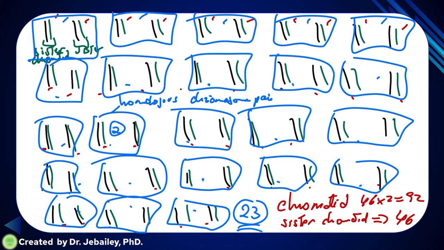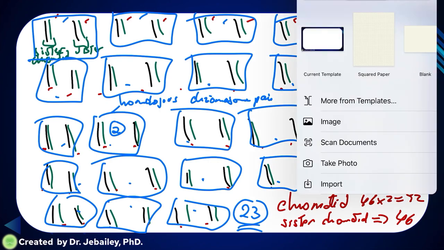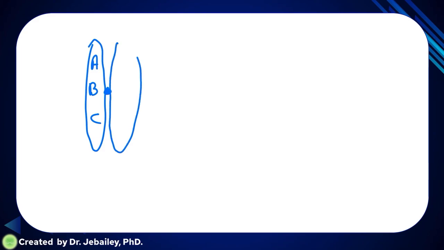Another thing that we need to understand is later, how does the homologous chromosome pair work? So when we talk about homologous pairs, I'm going to add here a little page just to show you. So imagine you have here just one chromosome, which is made of A, B, and C. And then I go through duplication, the S phase, which then I make a sister. If I make a sister, it will look like A, B, and C. They have to look exactly the same. So these two are known as sister chromatids,